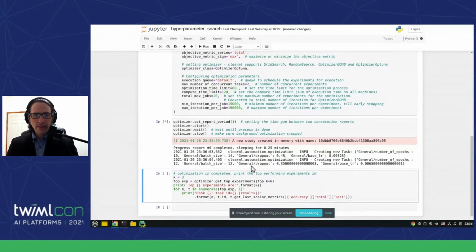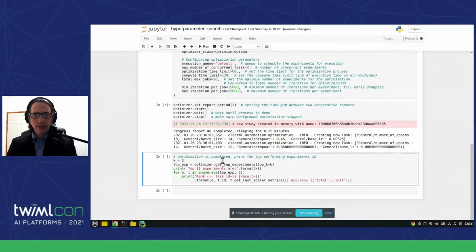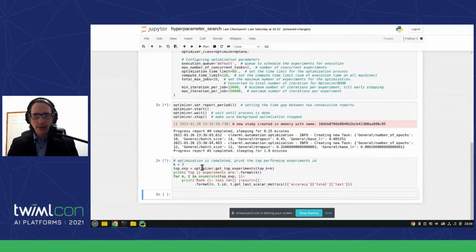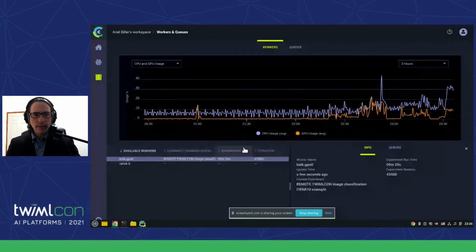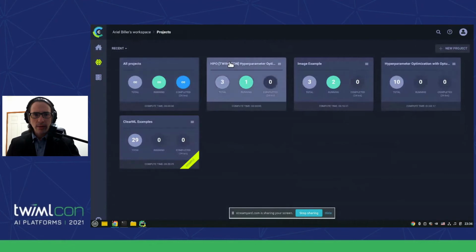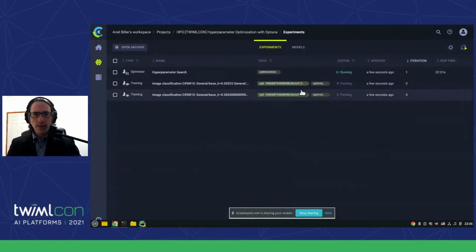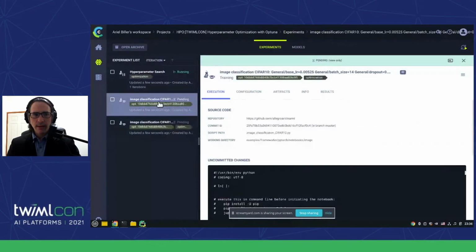Afterwards, I have some code here to run that will give me some printouts to my task when it's done. And because it's a live demo, I can actually show you how it's going. So this one is pending. Why is it pending?